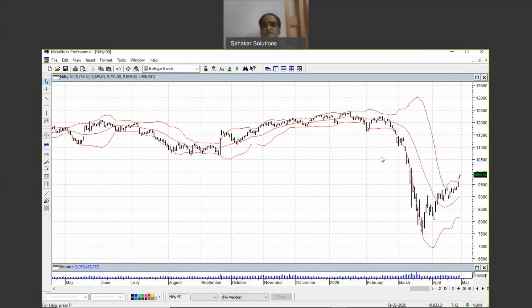Why standard deviation? Standard deviation is the best measure of volatility. Always remember, best measure of volatility is standard deviation. That's why Bollinger selected this. And now we come to how to trade based on Bollinger Bands. That is very important. As I mentioned, is it possible to anticipate a trend reversal? And if so, to what extent the likely move will be? These are the two things.